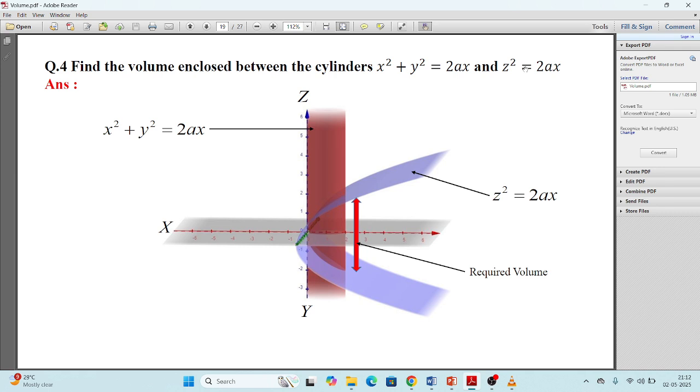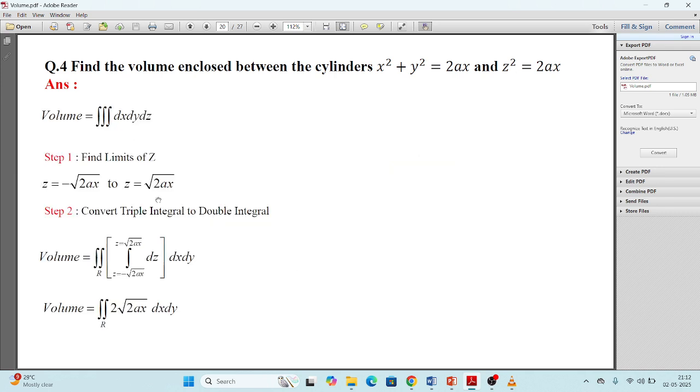So if I am taking the limits for z, now what you can observe is there is a single equation of z, but can I get two values from this equation? Yes, z square equals this. So what are the values of z? z is plus or minus under root of 2ax, and therefore these are the limits of z. Let me repeat. Again, I am taking the limit of z from the equation itself. Here, instead of two separate values of z, the value for z square is given. So from this I will get two values of z: z equals plus and minus under root of 2ax.